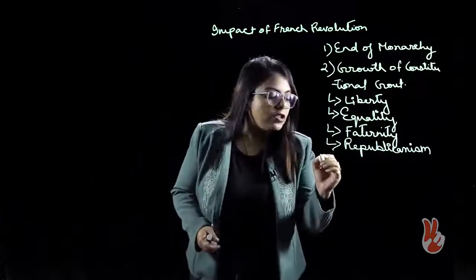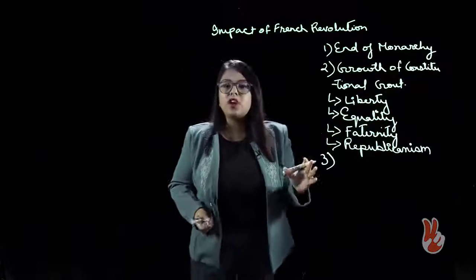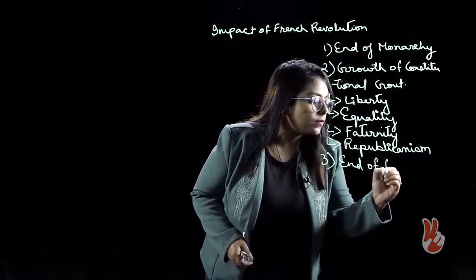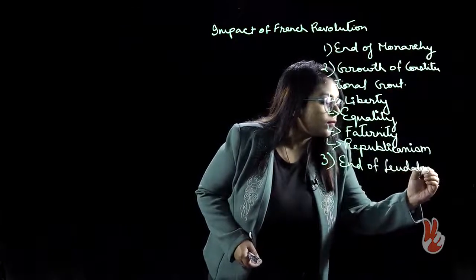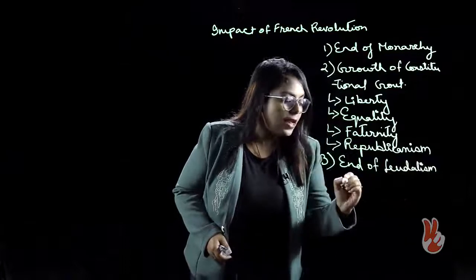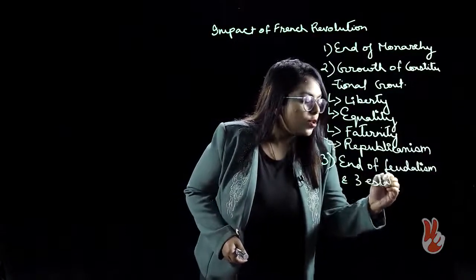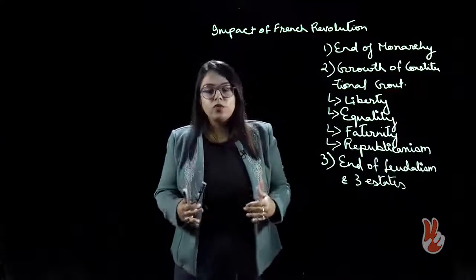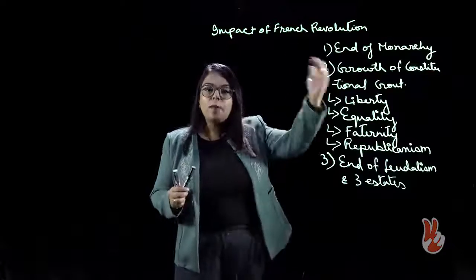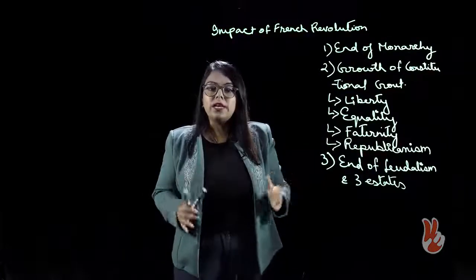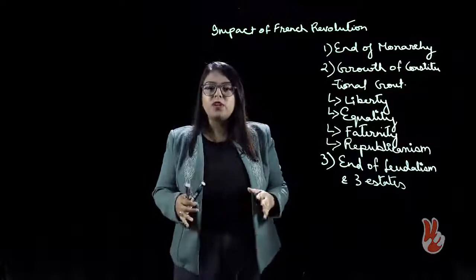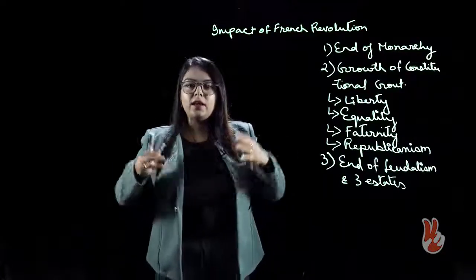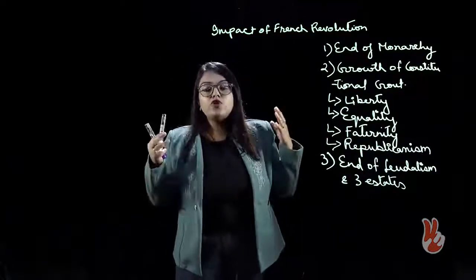The third important change that took place due to this French Revolution was end of feudalism and three estates. So if you know, French society was divided into three estates, and on the top layer we had the nobility and the clergy. They were the minority in the population. They were not the majority in the population of France, yet they enjoyed all the privileges,